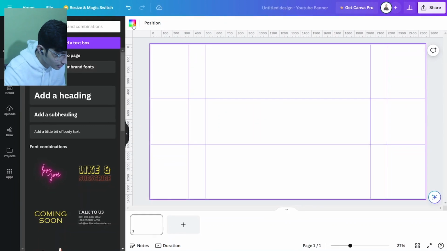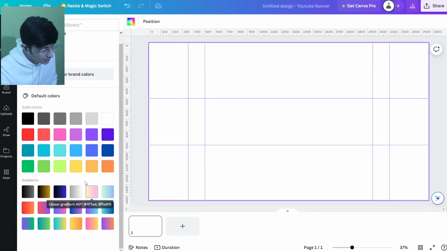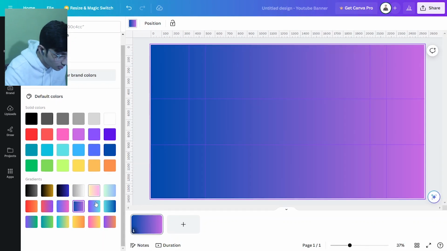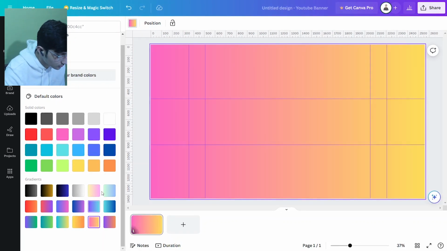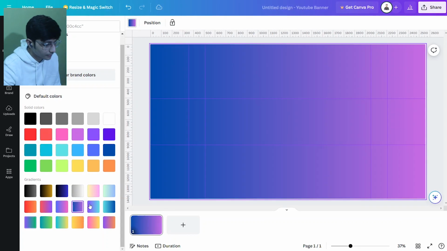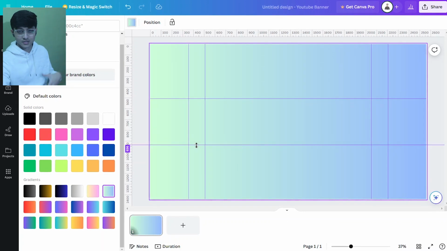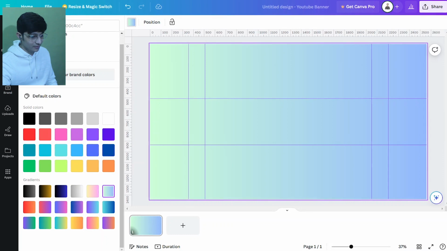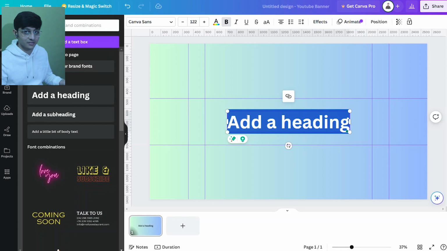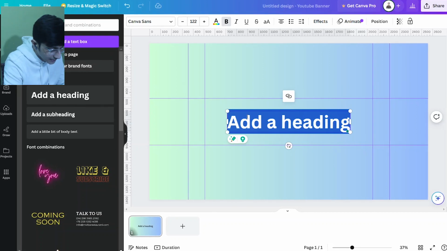And here I want to change the color of my background, so I'm going to go ahead and find a nice gradient background because it looks good. Okay, I think I'm going to go with this one, and for that I'm just going to go ahead and put my channel's name using the text feature or add a headline. So here's what I'm going to do. I'm going to write Mindtech,